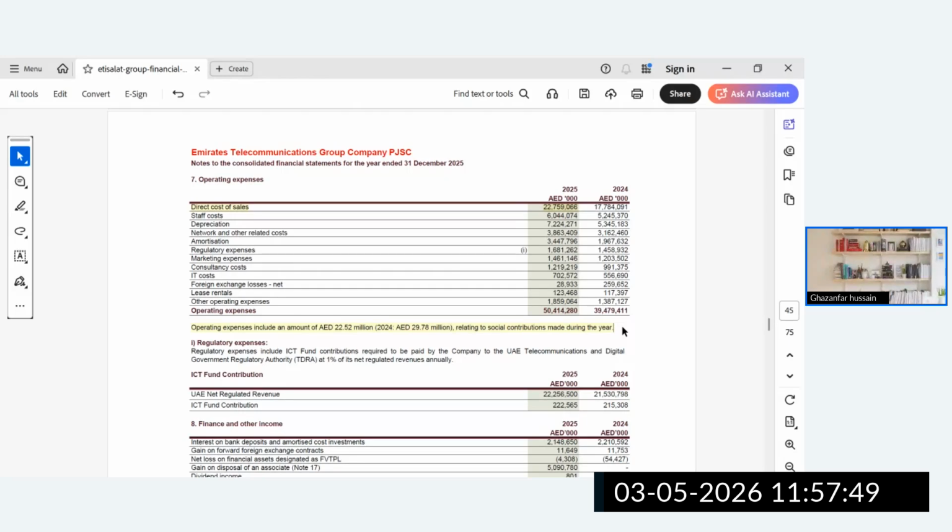Notes to accounts is where additional information or disclosure is shown to the shareholders or stakeholders. So here, this figure is shown as, okay, social contribution made during the year is included here. So now we have to note down this point, how much the social contribution is included over here. We need that figure. Why do we need the figure? We will come down and see why we need it.